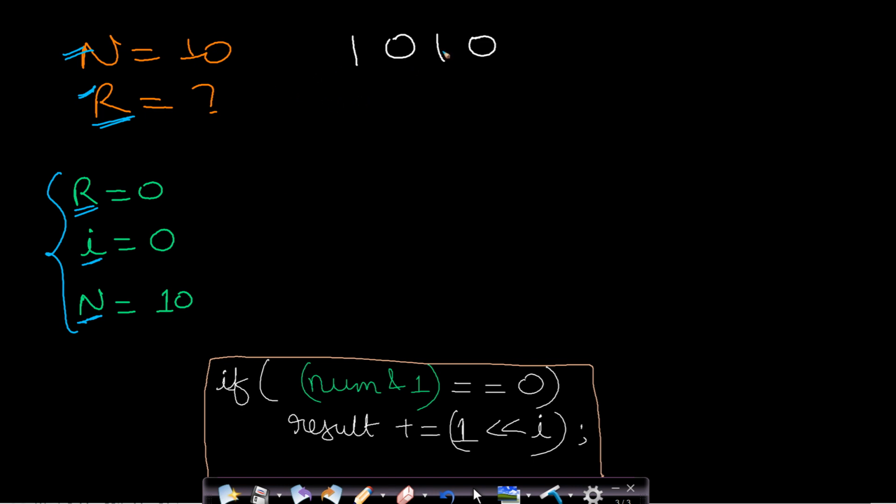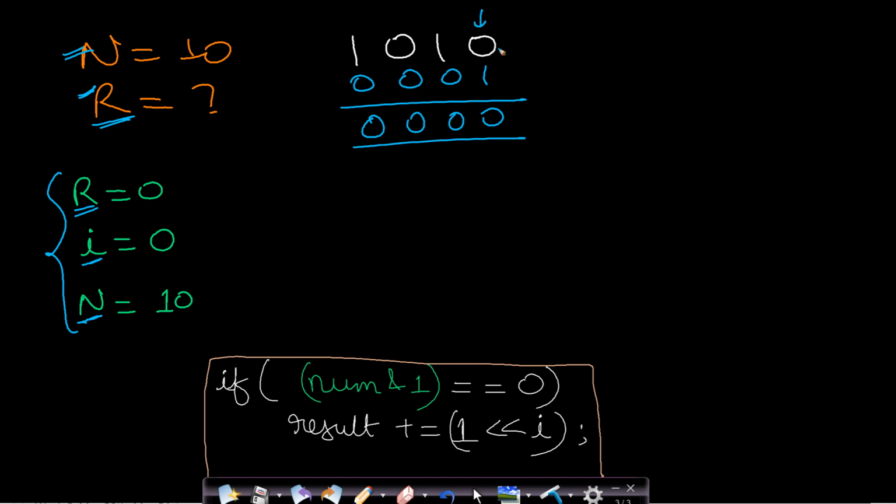We will start processing from the rightmost bit, that is the LSB, least significant bit. We will use a bit mask in order to see if this bit is set or not. If it is unset, then we will set it. Otherwise, if it is set, then we will unset it. So we take bit masking, and we are just masking all the other bits because these bits don't matter. If we mask these values, they will definitely be 0. So for this value, it comes out to be 0.